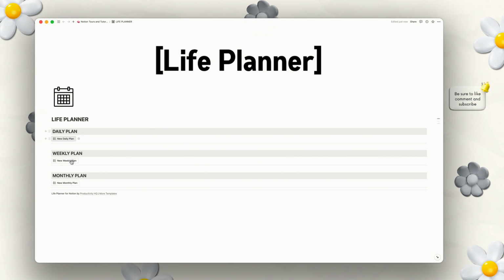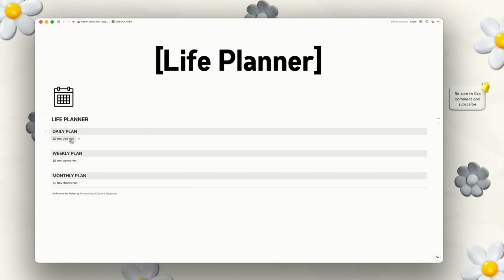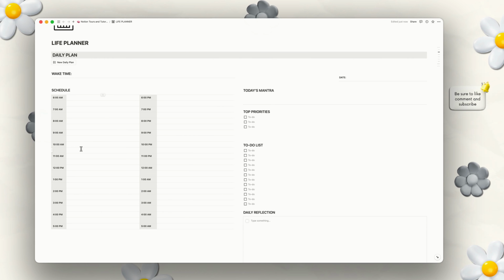As you can see, we have daily, weekly, and monthly, and these little buttons here. As soon as you click the button, like it says here, a whole template that's already pre-made will populate for you. So let's go ahead and click on this daily plan. Once you've clicked on the daily plan, it will open up this full schedule for you by the hour. You have a today's mantra, top priorities, a to-do list, and a daily reflection,